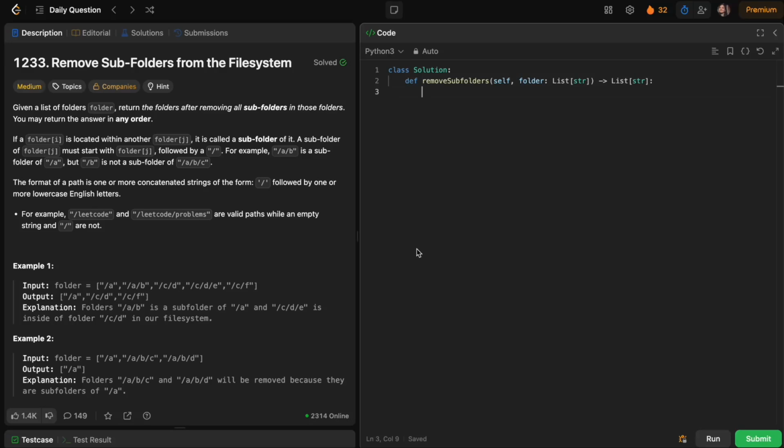Today we are going to solve the July 19 LeetCode challenge, which is Remove Sub-Folders from the Filesystem. So what that means is they have given a list of folders. We have to return the folders after removing all the subfolders in those folders, which means they'll be giving us a list of folders like this, and we have to remove the subfolders, which means we have to just return